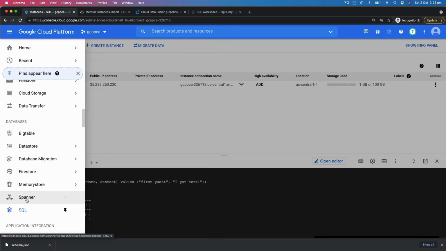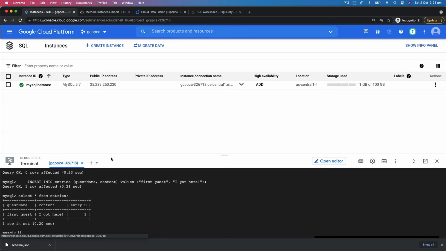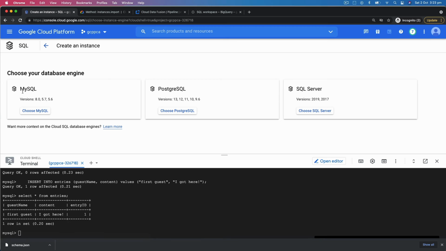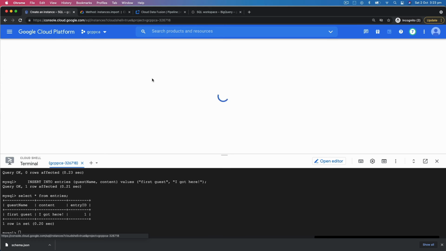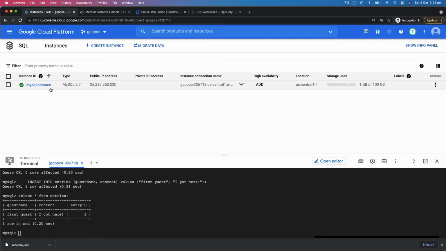So here is SQL, Spanner. If you click on SQL, it basically displays you all of the instances. So in this case, I have a SQL instance, but if you click on create instance, it will give you an option whether MySQL, Postgres, or SQL Server. You can choose any. So if I go back to my instance, and if you click on this instance,